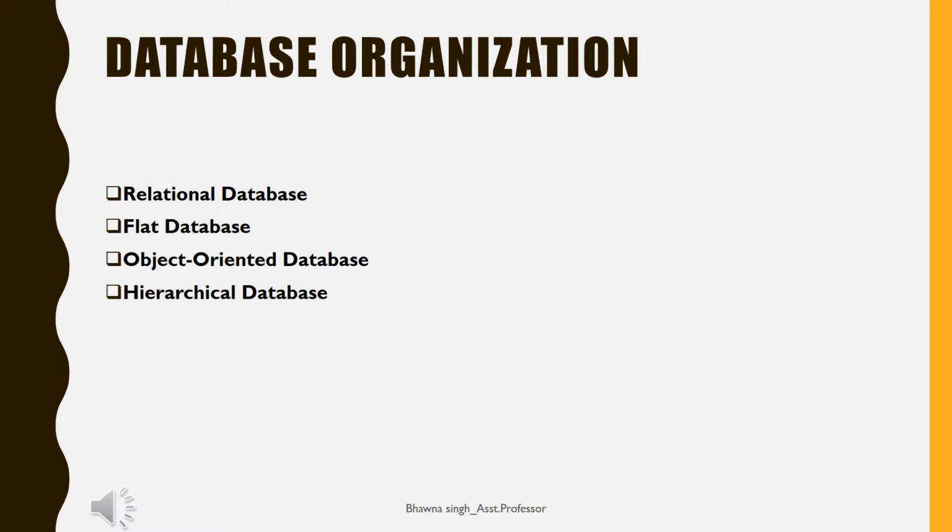And we can create the relationship among these tables with the help of a common field, or you can say with the help of shared data. So whenever the term relational comes, that means it is storing the data in tabular form. Second one is flat database. It is a simple database which consists of a single table, and in this table we store all the records as single rows of data, and we can separate these data with tabs or with commas, and we can represent it as a simple text file.